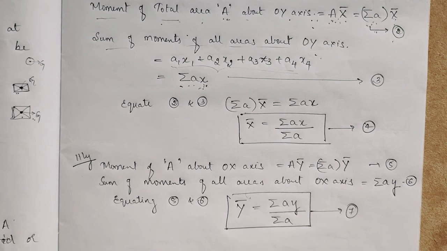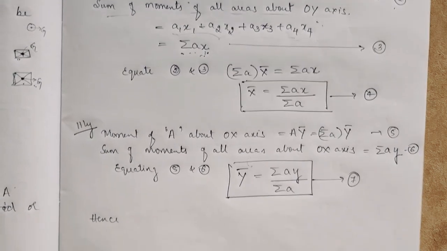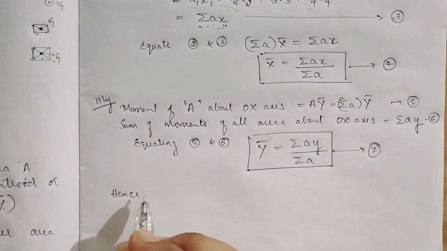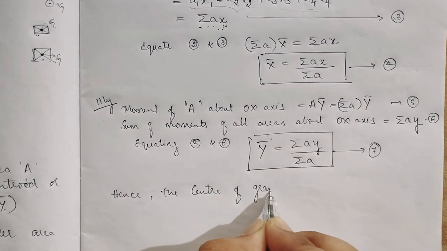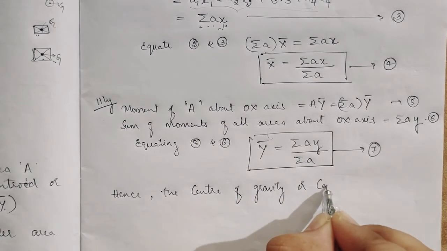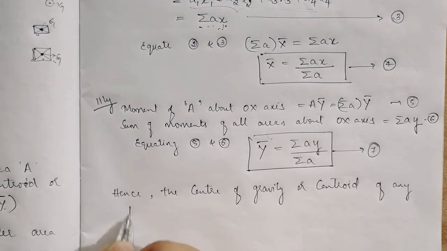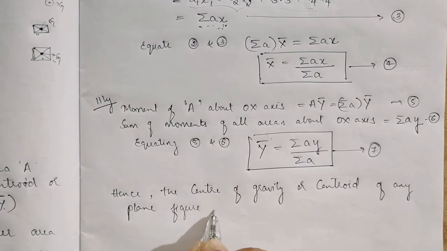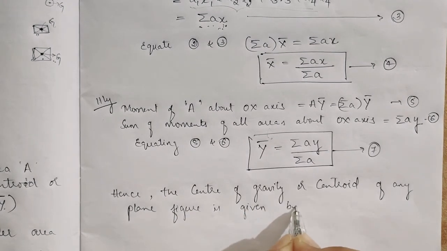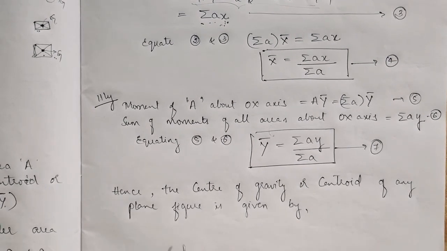So what we found out is x bar and y bar. Hence, the center of gravity or centroid of any plane figure is given by: if you want the center of gravity or centroid of any plane figure, we have to just substitute